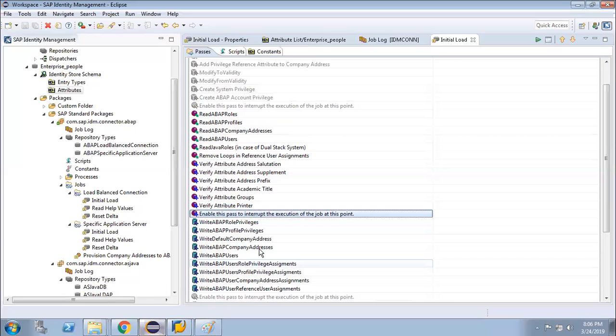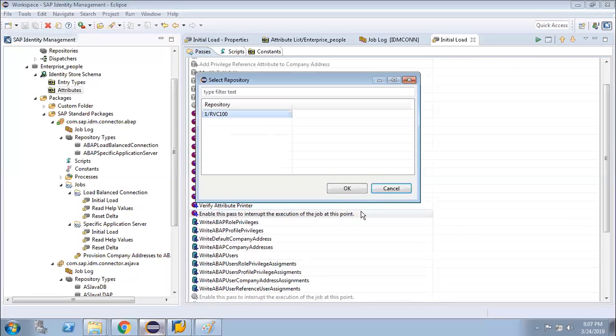So that is why we can interrupt this, so that whenever the data is read, we can check it from the database. If everything is correct, then we can disable this path and run this job again. Okay, let's run it now again.